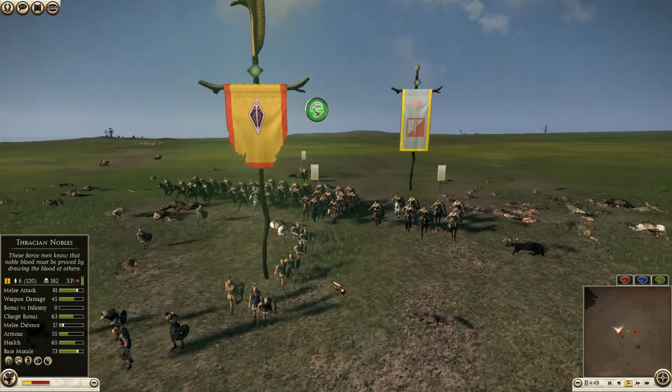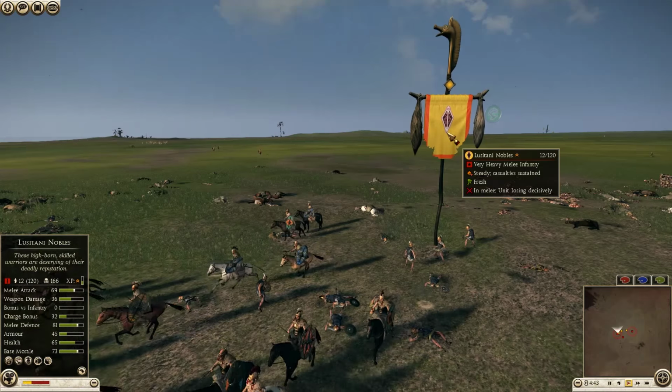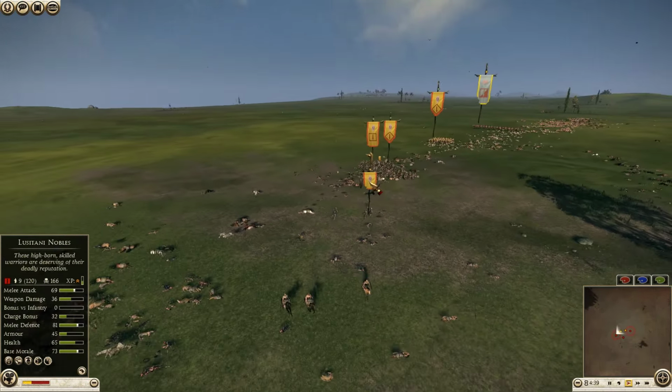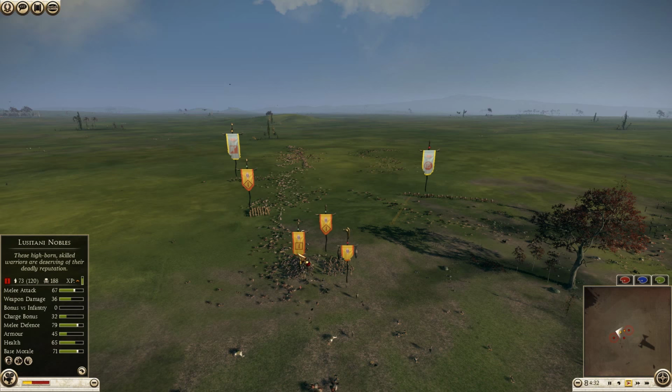But now I'm going to go ahead, charge, hit his general. My Thracian nobles are very tired now. They're tired, and the Lusitani nobles, they get crushed on the charge. I'm going to pull through, kill off some more of his units. Somehow his general is still alive, and I have the maneuverability, but he has just sheer numbers of very, very